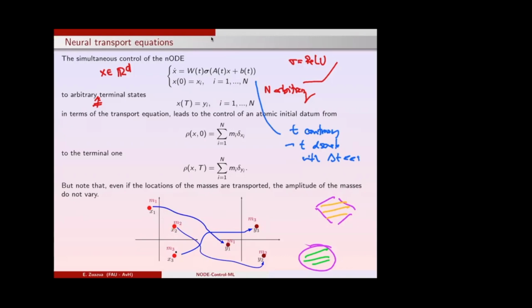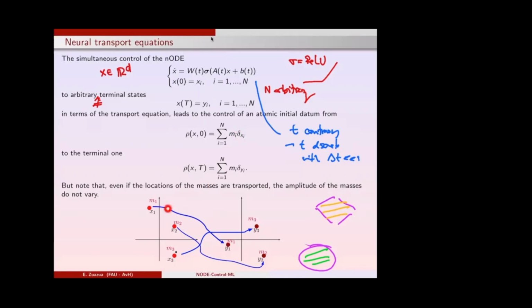Well, simply thinking that a way of representing a distribution of masses given by the m_j's located at the points x_j can simply be represented by a Dirac delta. So if I take this atomic measure, which is just the sum of the Dirac deltas at x_i multiplied by m_i,